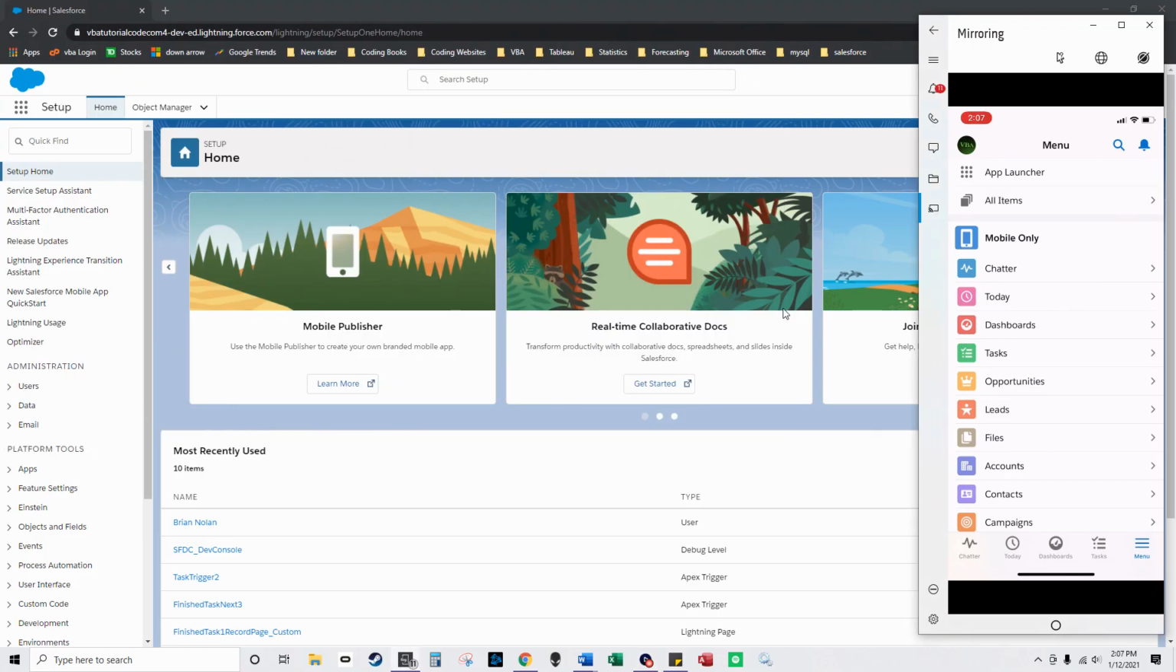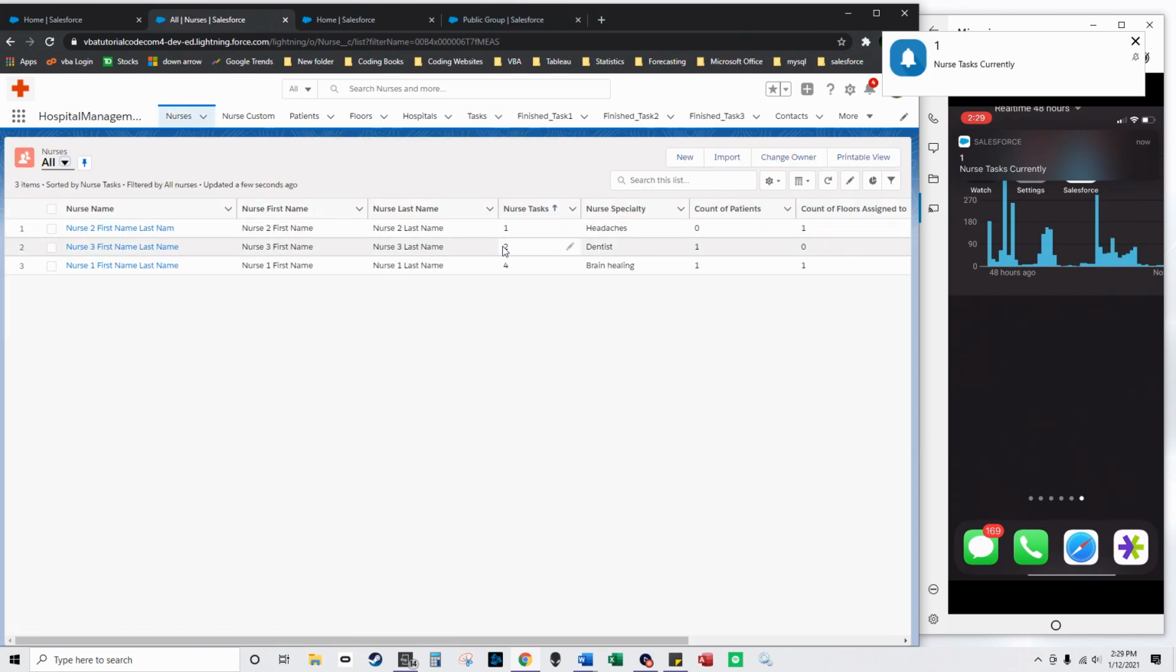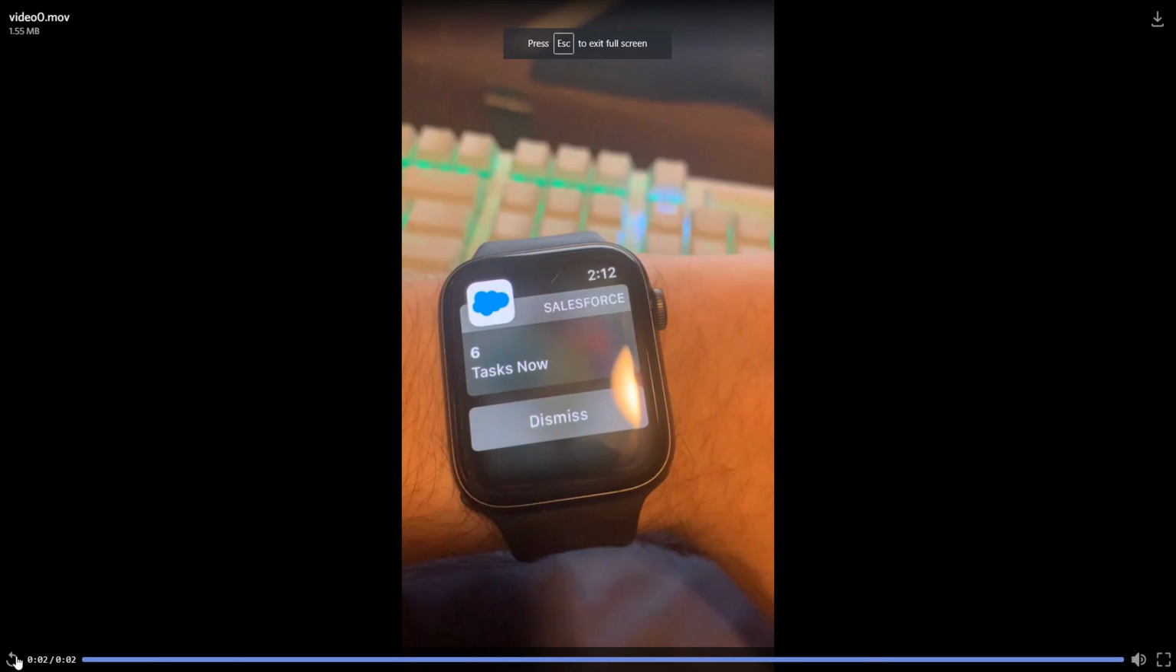On the right hand side of the screen, I'm going to show you how to enable notifications. That's my phone over on the right hand side of the screen. Save. So that nurse has one task currently. So yeah, that's how that works. You could just keep getting notifications for how busy each of the nurses are, and you could set it up